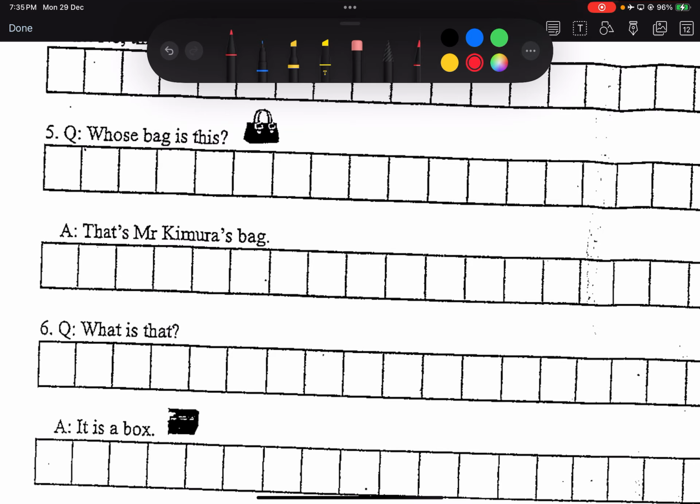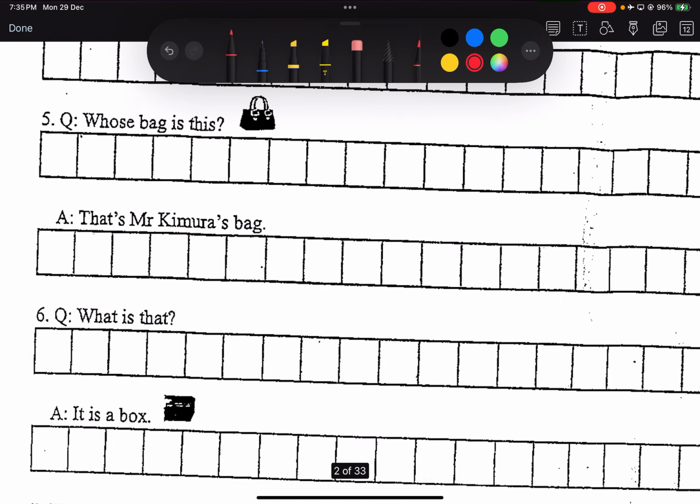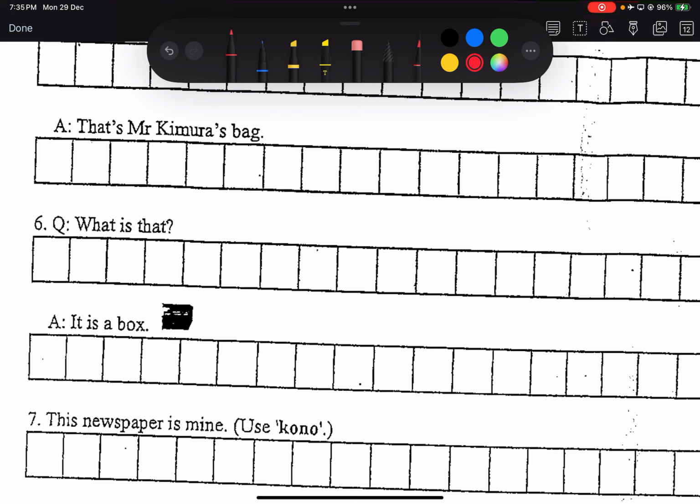Okay, moving on, number 5. Whose bag is this? これは誰のカバンですか？ Very good. That's Mr. Kimura's bag. これ木村さんのカバンです。